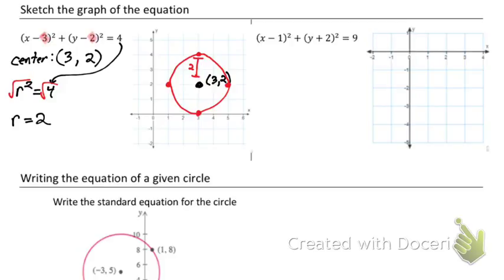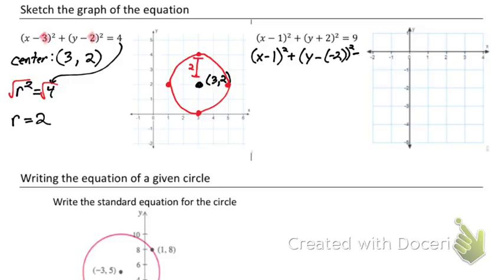Kate? 1, -2. It would be 1, -2. So it's opposite. Yeah, it's opposite. I'm looking for what I can plug in for y that makes this statement 0, and it'd be -2. The other way you can do it is rewrite it in a version of standard form. So I have (x minus 1) squared plus, and I would change this to (y minus a -2)